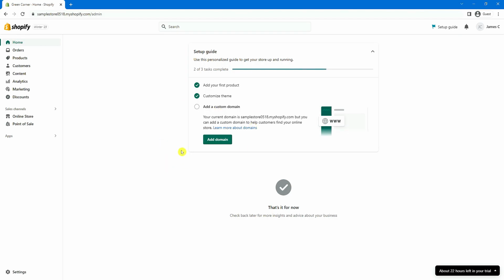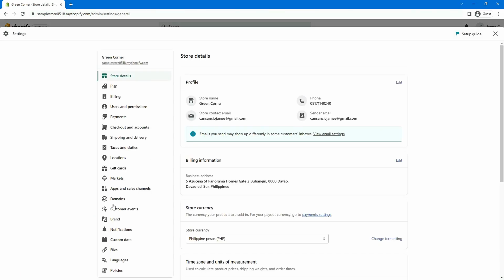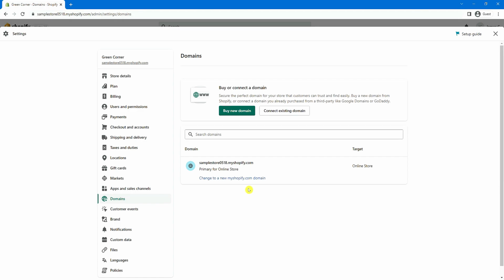If you don't see this option, you can actually go into settings on your bottom left, click on that. And then on your left panel, just look for domains. Now, whether you click the add domain on the home page or you go here, this would be your landing